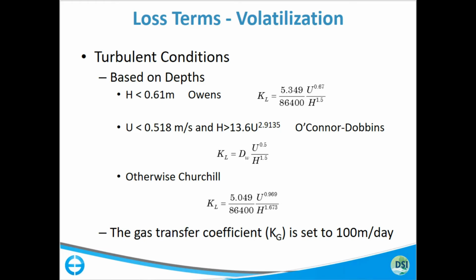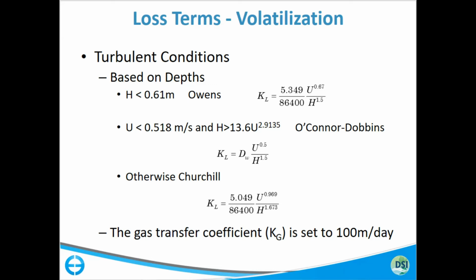So if the depths are less than 0.61 meters, it's going to use Owens. And U is just a depth average velocity and total depth. And then you've got this criteria here. If it meets this criteria, it'll use O'Connor-Dobbins. And then finally, anything that doesn't meet these two conditions will use Churchill and calculate the liquid film transfer rate